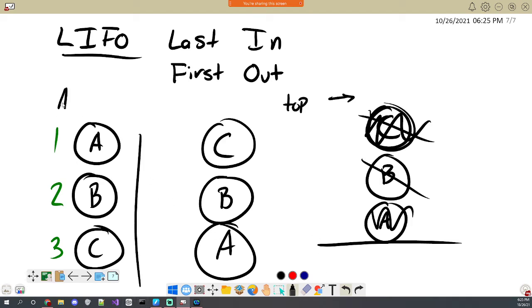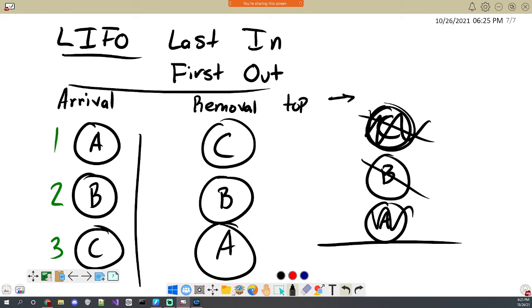So this is our arrival order, and then our removal order is the opposite of that. And again, we can have a scenario where this is kept online, where we add some things, we remove a little bit, we add some more, and then that goes on.